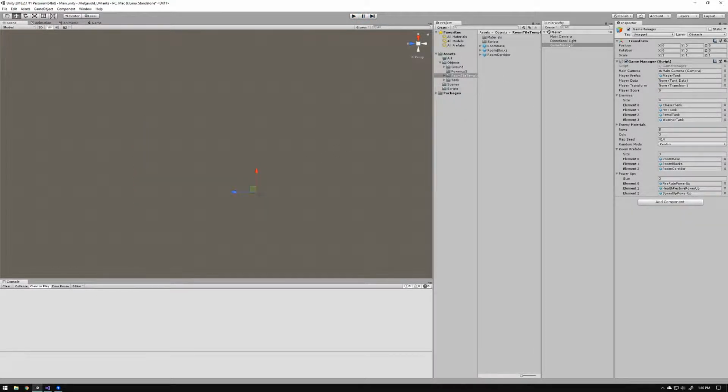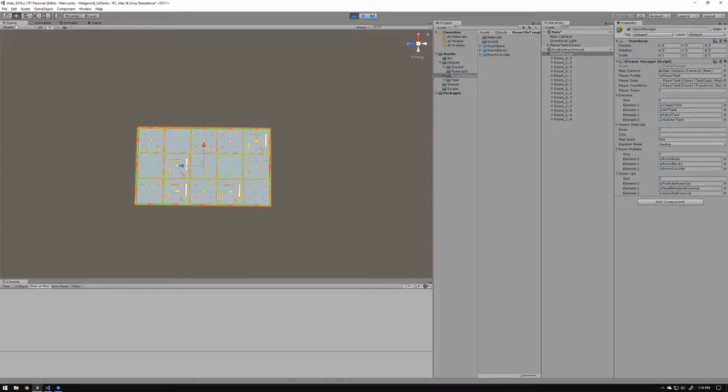Okay. Next one is map generation can be set to random level, and a random level is generated. Right, so my game manager has a random drop down, and if I leave it as random, that means there's no externally provided seed. So for the random number generator, Unity, I believe I read, uses the time stamp when your game starts to run as its seed. So every time you hit play, it's going to be a new seed,